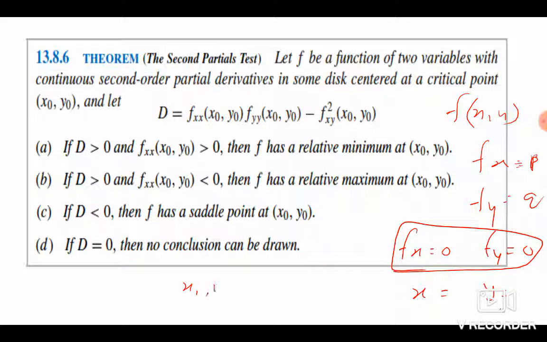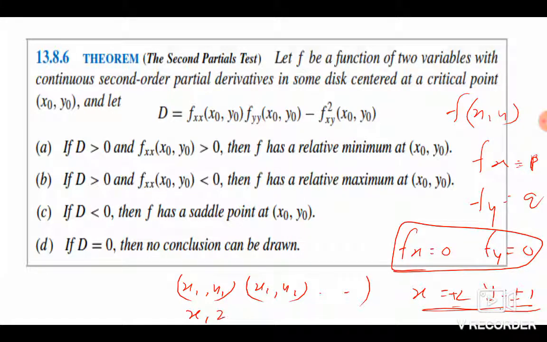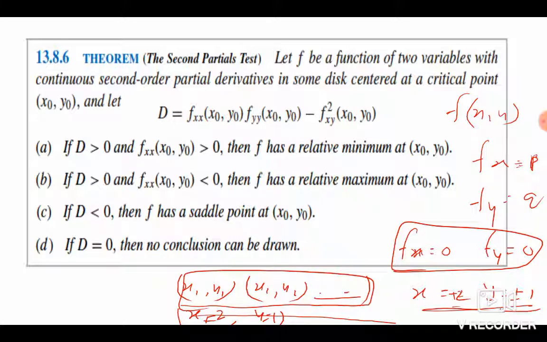There will be x1, y1, there may be x2, y2. There may be many pairs. If you get x equal to plus or minus 2, y equal to plus or minus 1, there are 4 pairs: x equal to positive 2, y equal to positive 1; x equal to positive 2, y equal to negative 1. So if you pair all the numbers, you get 4 different pairs. So we equate the first derivatives to 0 and then find the values of x and y, take the pairs, so that we will find some number of points which are called critical points, right? So we identify critical points at first,